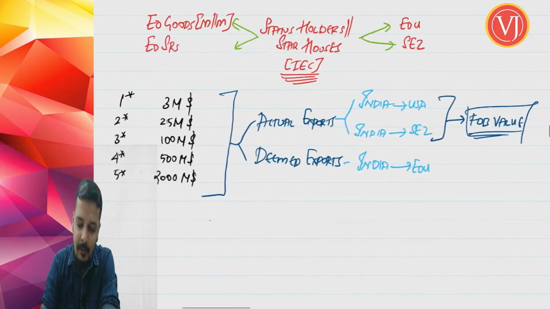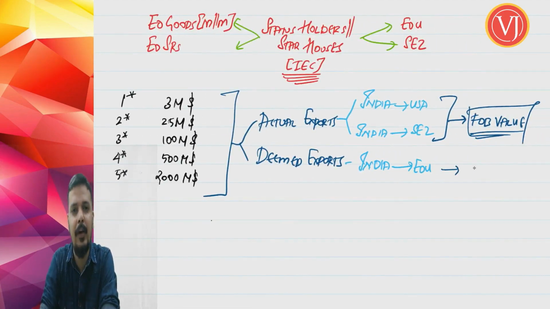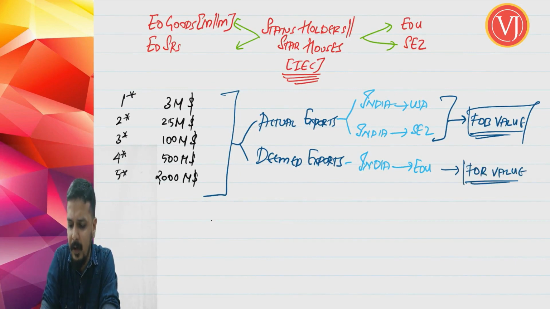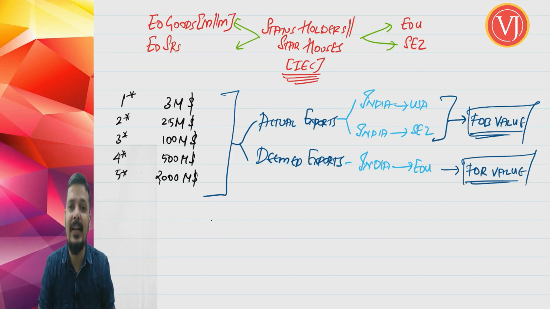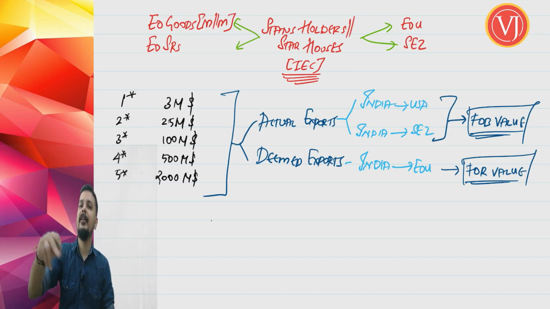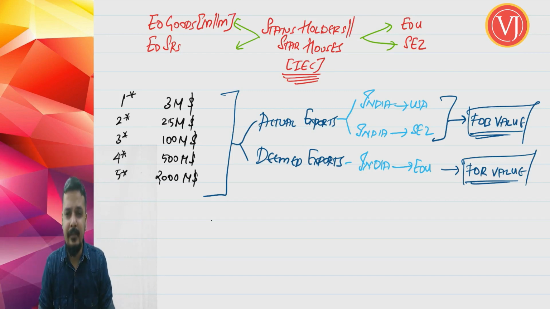But when it is deemed export, friends, you are not talking about your FOB value, free on board value, right? You are focusing on FOR value, free on road value, because it is not going outside India. FOB value is the value when the goods are leaving India. So it will include the ex-factory price plus the freight charges and insurance charges within India, plus the loading charges and the handling charges at the port or airport. So that is FOB value. FOR value is nothing but roughly the ex-factory price. So when the goods are leaving your place, it is FOR value, free on road value,